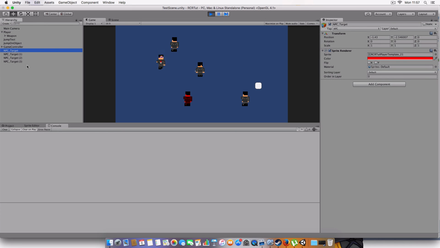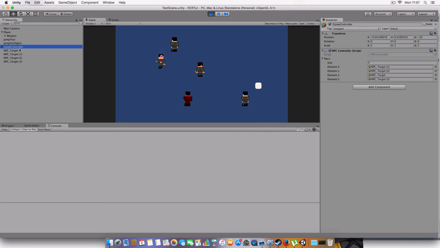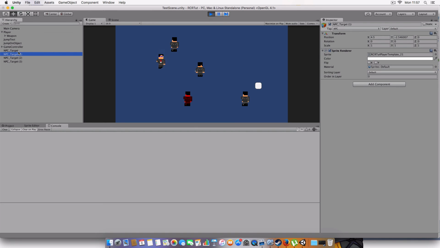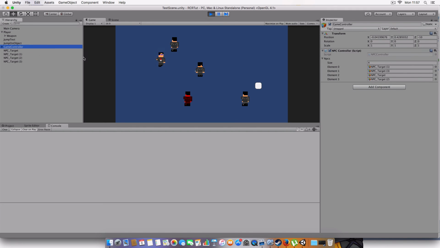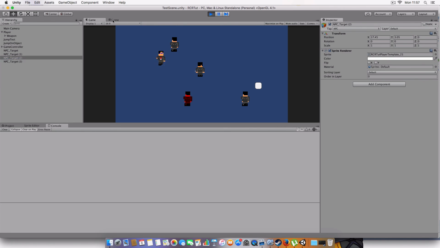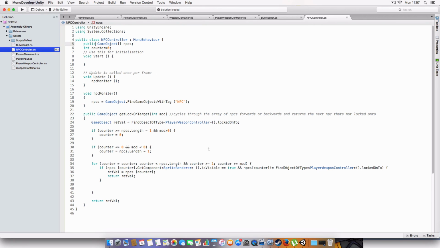NPC target 1 is the target, which is that one, and NPC target, which is the second element. NPC target 2 is, I'm assuming that one, yeah. So it's reaching the end of the array. It reaches the end, but